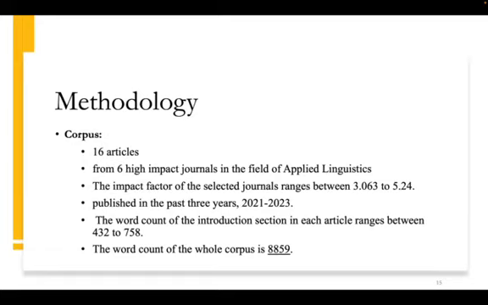My methodology: the corpus consists of 16 articles, all of which are from 6 high impact journals in the field of applied linguistics. The impact factor of these selected journals ranges between 3.063 and 5.24. They were published in the past 3 years, 2021, 2022, and 2023. The word count of the introductions of these articles ranges between 432 and 758. The total word count of the corpus is